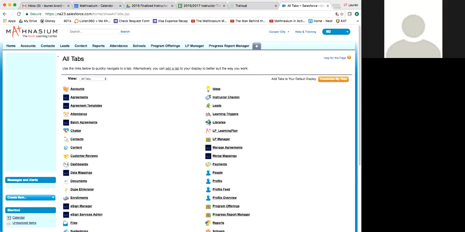If at any point you're searching for a particular contact in your system, you will type it in the search bar up top and hit search, and that will be the easier way to find